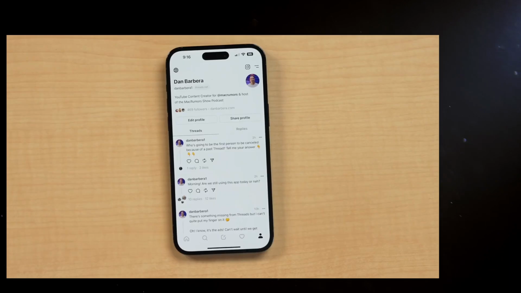But yeah, I mean, that's Threads. If you want to jump on another social media app, go for it. This seems to be the one to do right now. There's a lot of buzz behind it. It was actually trending really, really well on